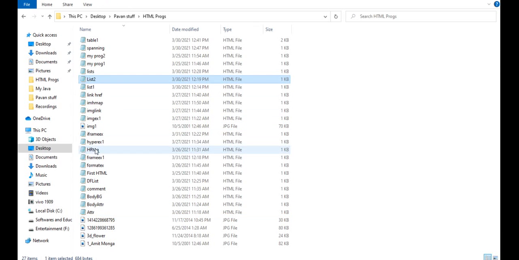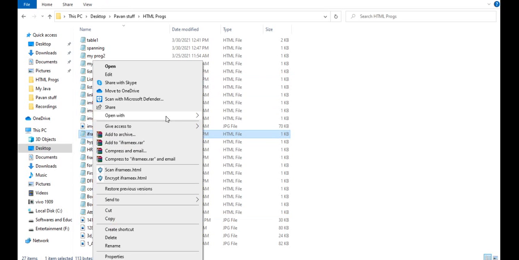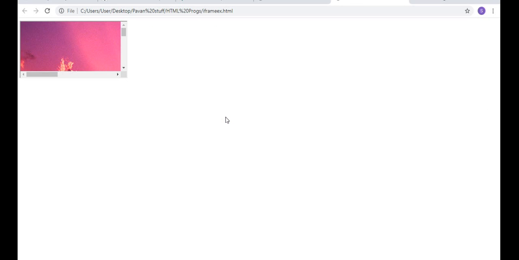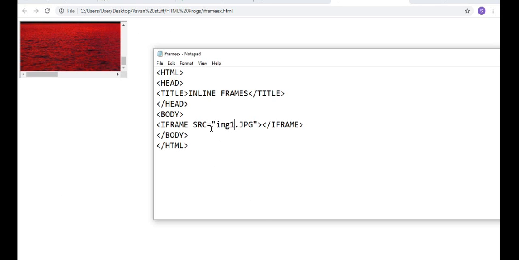Where is that iframe? Iframeex, open with Chrome. So this is one frame. In a frame you have one more frame, a frame inside a frame. Here it is allowing scroll, it is not allowing resize. Why? Because noresize is set.